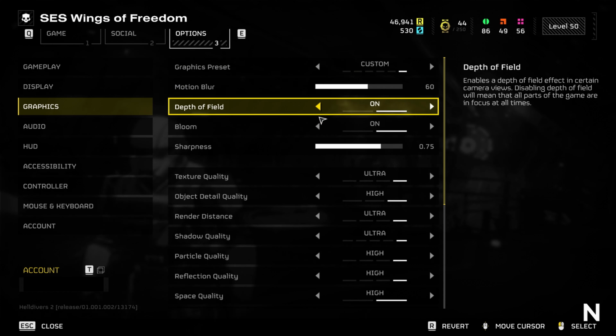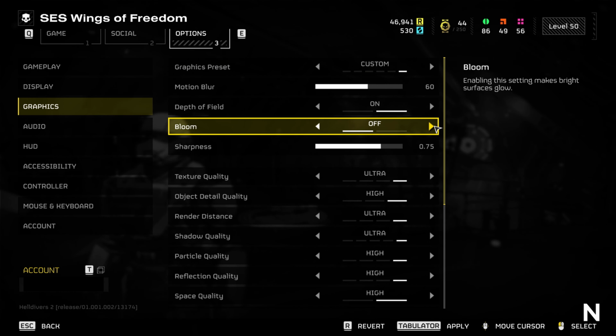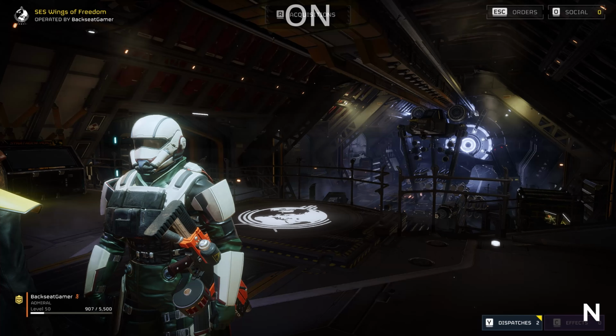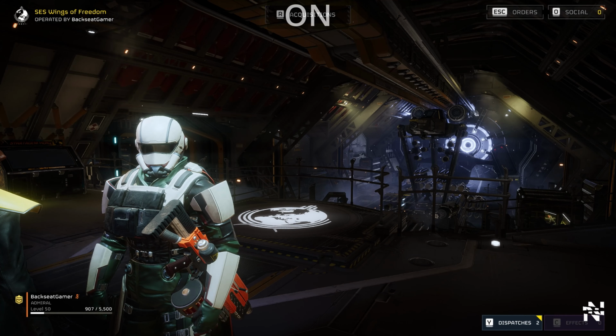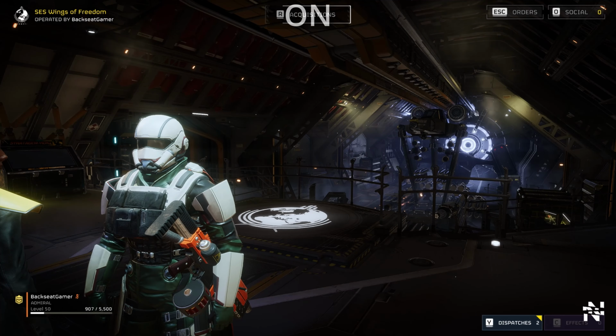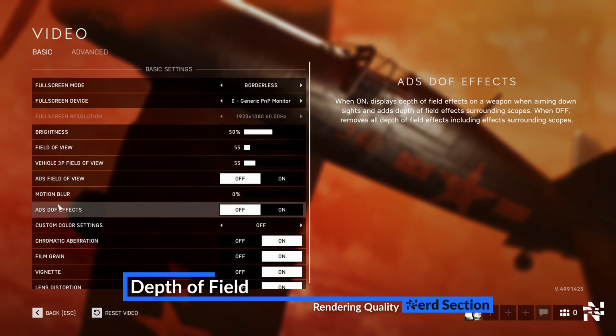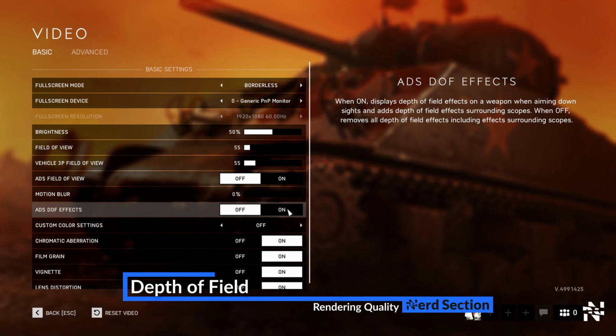Finding the right balance between visual quality and performance is key. Experiment with different settings to achieve the best compromise for your specific setup, ensuring an enjoyable gaming experience tailored to your PC's capabilities. Depth of field in PC graphics settings refers to the simulation of how a camera lens focuses